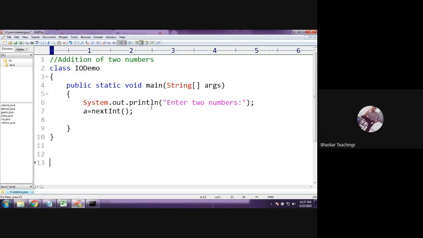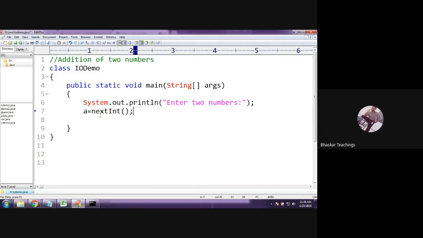The same syntax is here. I mean, there should be no confusion about scanf versus nextInt. In scanf the syntax is different, but here in nextInt the syntax is this way. Just mention nextInt. It will read an integer value from the user. Now that value has to be assigned to a variable to the left of it. Okay, so this is the syntax. We used to give it inside the parentheses in C language, but here you need to mention a variable to the left of it. So don't get confused. Okay, the syntax is different.